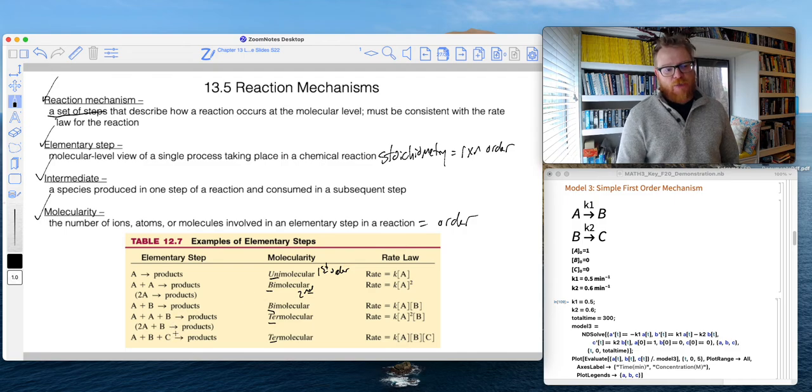And of course, if we had a third order reaction, if it was 2A plus B, then it would be k A squared times B. 2 plus 1 gives me 3. And then of course, if it was A plus B plus C, that would be k times A times B times C. And that would be third order because it's still first order in A, first order in B, first order in C. Okay. So let's move on and